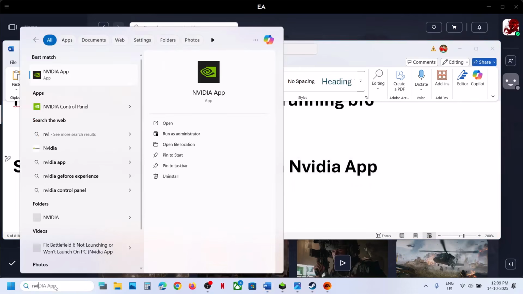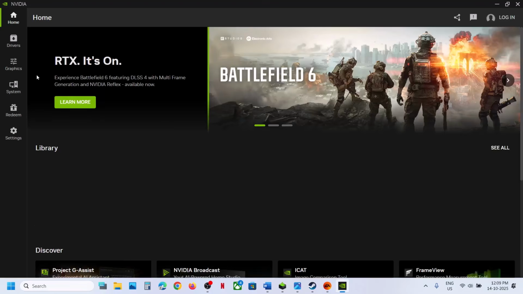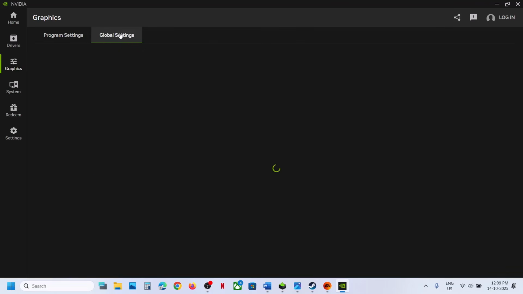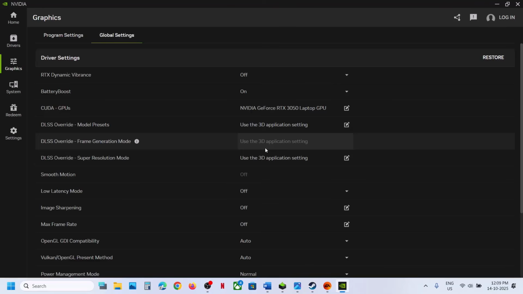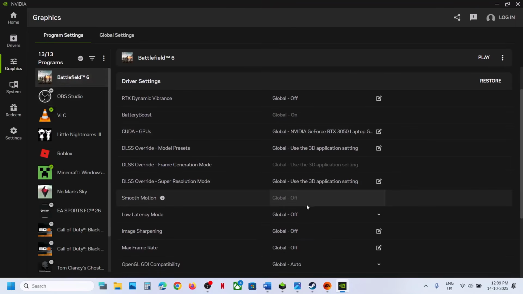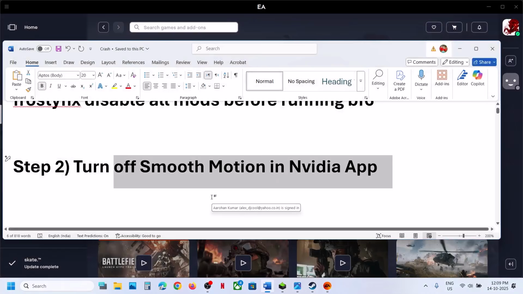So if you have NVIDIA app installed, you can launch it, and then you can go to graphics and then select Battlefield 6 over here, and then go to global settings over here. Over here you can see smooth motion. If this is on, you can turn this off. Again, go to program settings, select Battlefield 6. If it is on smooth motion, you can turn it off and then close NVIDIA app and then relaunch the